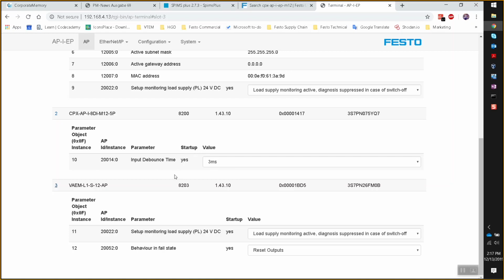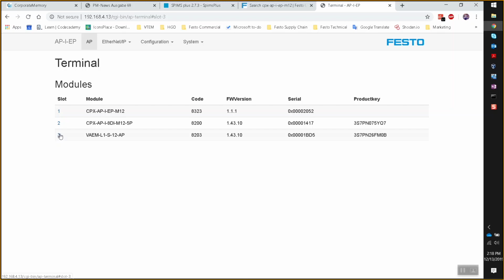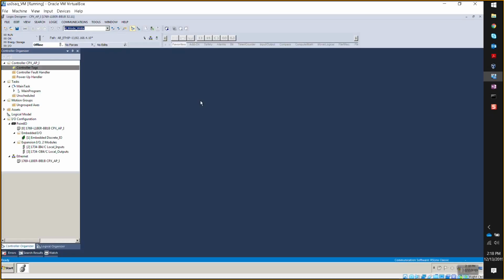Okay, good. So now, what's the next step? How do I bring this configuration into my Rockwell environment? There are several ways to do it. Why don't we start with the easiest way, which might be just to use a generic setup. If you go to your Studio 5000 software, and you can go to where it says you're offline, you go to Ethernet and right click,